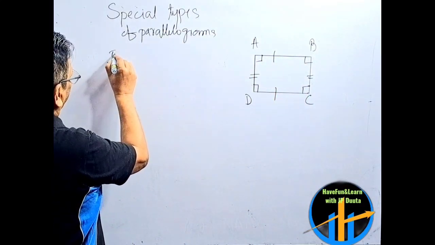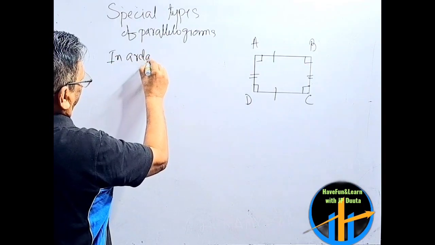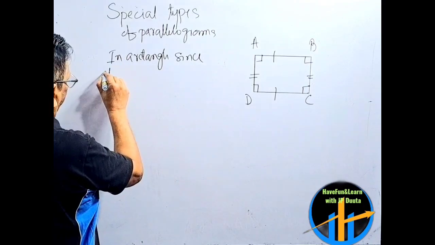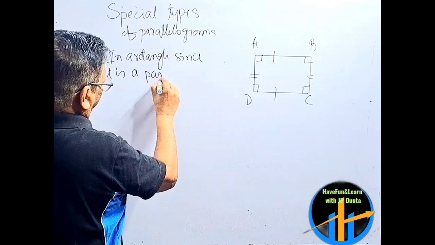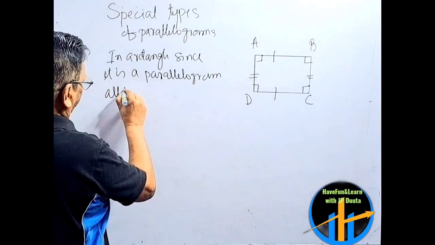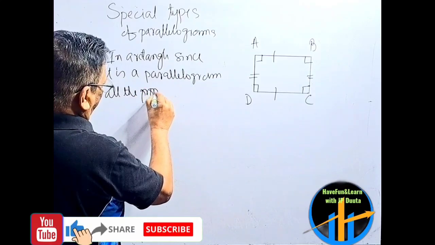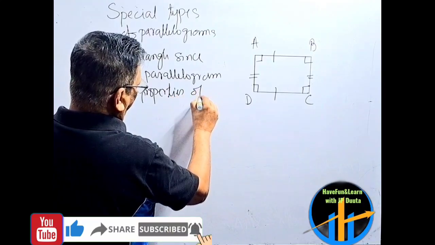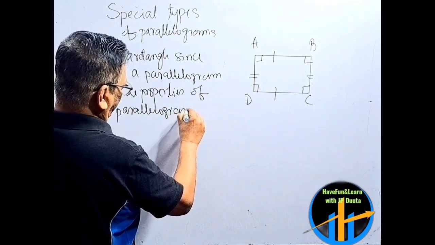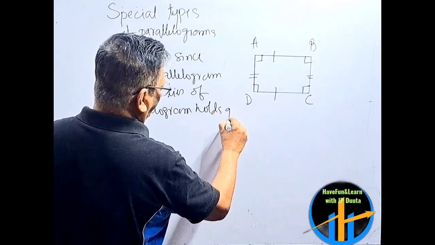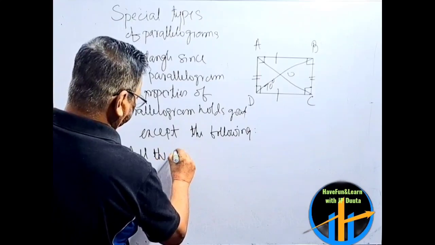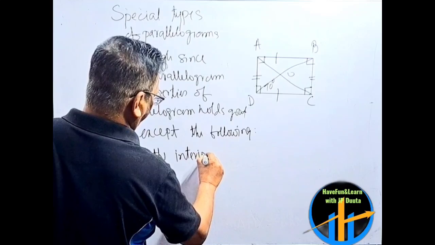So in a rectangle, since it is a parallelogram, all the properties of a parallelogram hold good. All the angles